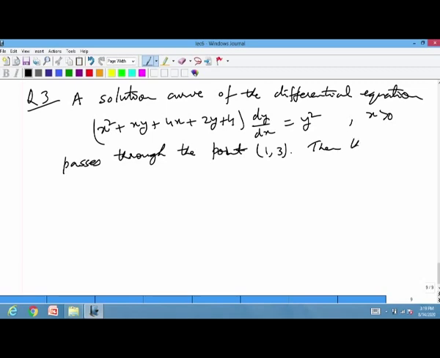Then the solution curve: A, intersects y equal to x plus 2 at exactly one point,